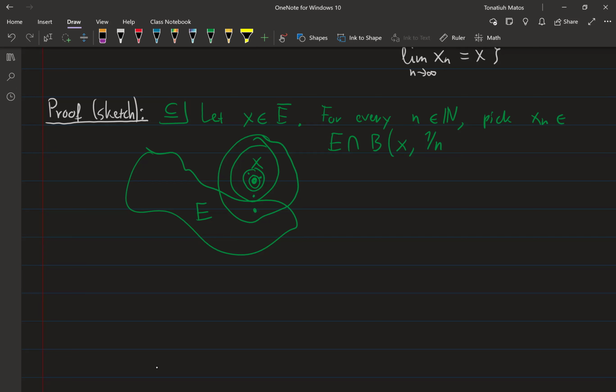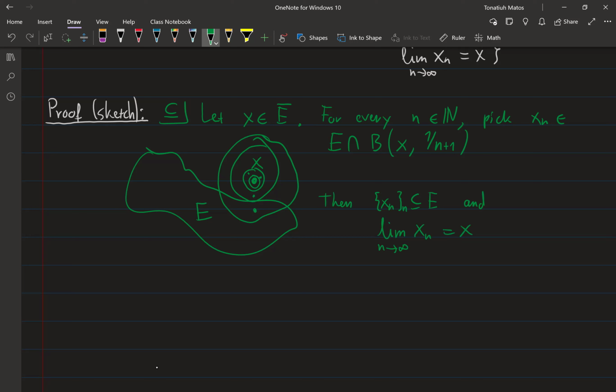I mean, I guess technically, since the naturals start at 0, I should do something like that, but it's fine, right? So this set E intersects any ball, in particular that ball. So for any intersection, let's just pick some element xn. And then I'm done, right? Because xn, this sequence, is indeed contained in E, the entire sequence. And you can verify using the inverse Archimedean property in a way that the limit of xn has to